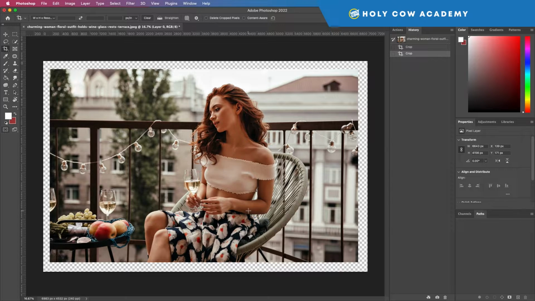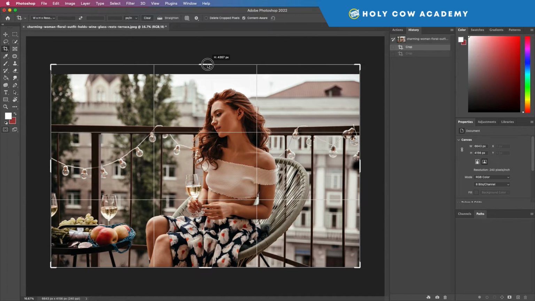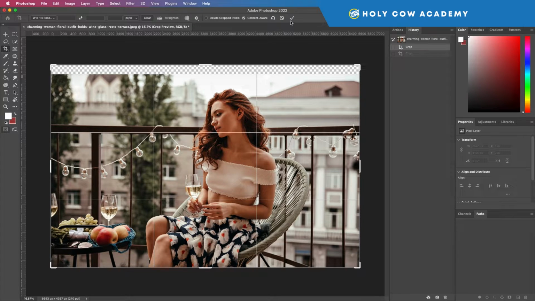But what happens if I need my image to be this big at the top? Oh, I need that image back again. Let's say I need some extra space above her head again. There is a cool trick that I can do with my crop tool, and that's my content aware. And if I select that and pull this up slightly and press this check, or I can just press enter,